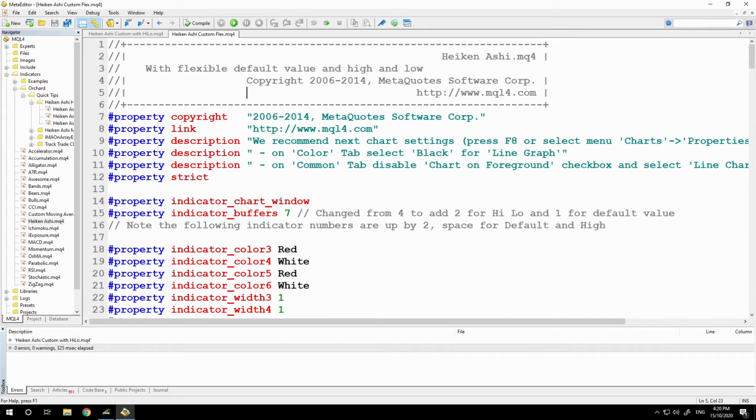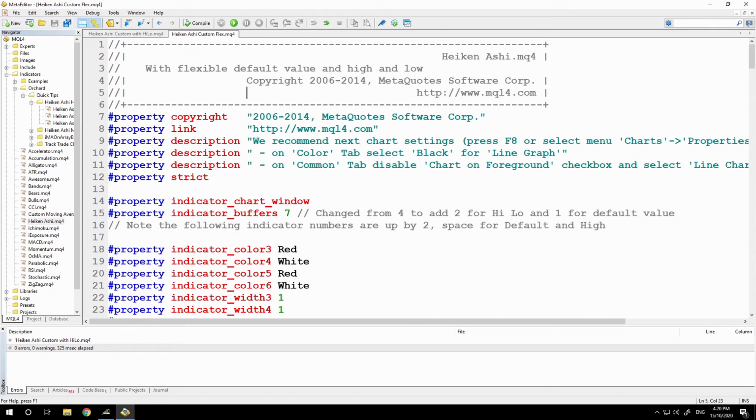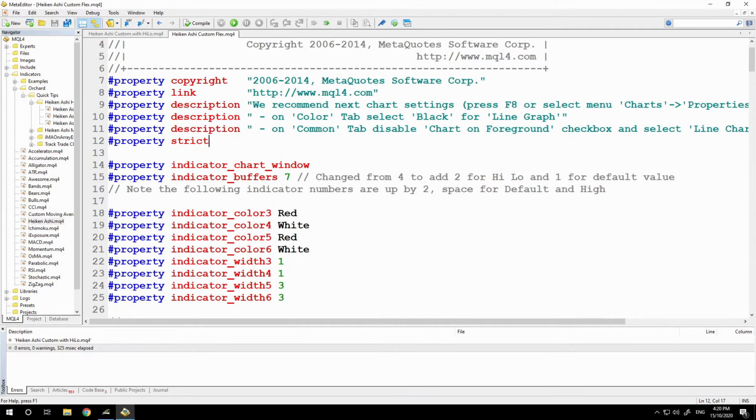Right, this again is the MetaTrader Heikin-Ashi, but I've taken a copy from my Heikin-Ashi with high and low values. Might as well add in some more value while we can. All still the same to this point. The next change, I've increased buffers to 7 because I'm going to add in a specific buffer for the default value that will be used by any other indicators you drag onto the chart.